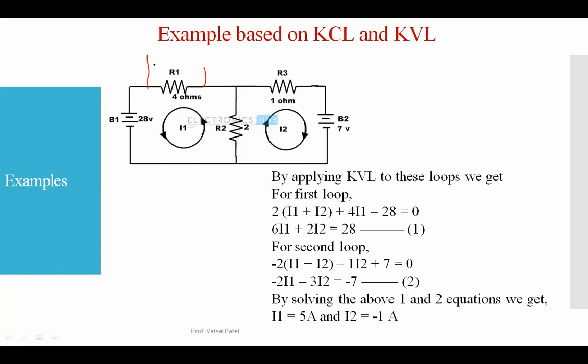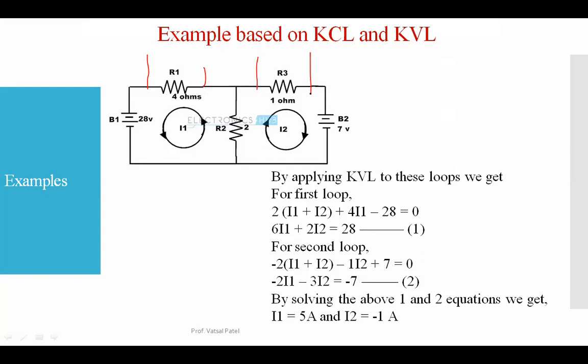Can you tell me? As per the statement, whatever the mesh current we determine once, we can identify the voltage across the element. So right now your I1 current which is flowing in this mesh is equal to 5 ampere. Can you identify using Ohm's law how much the voltage is across this R1 resistance? Yes, Vishwajit, your answer is correct. That is 20 volt you can identify. Yes or no? Can you identify the same thing here?